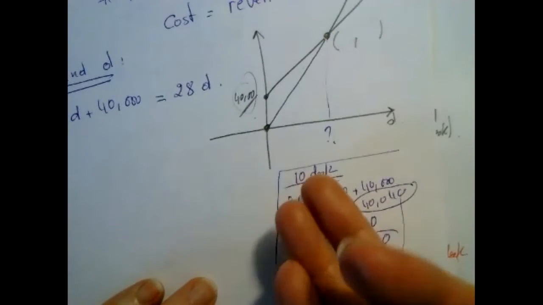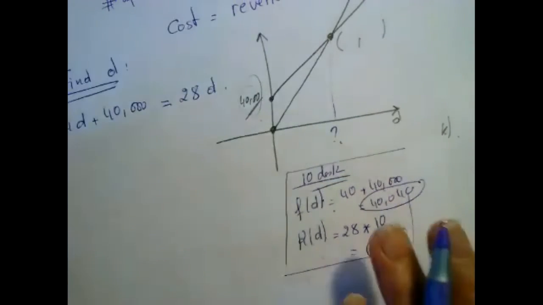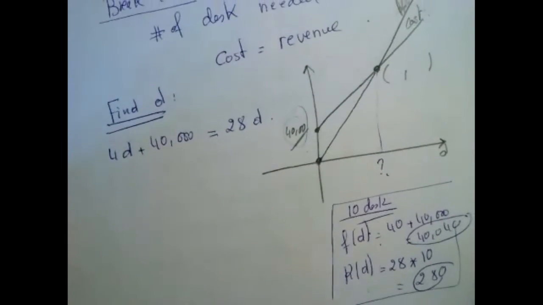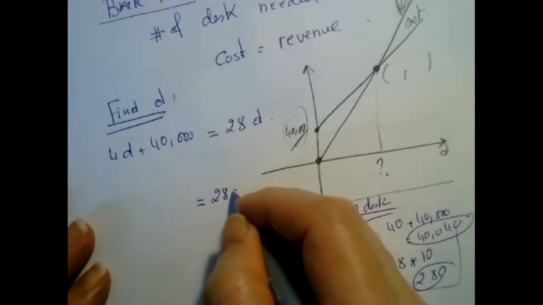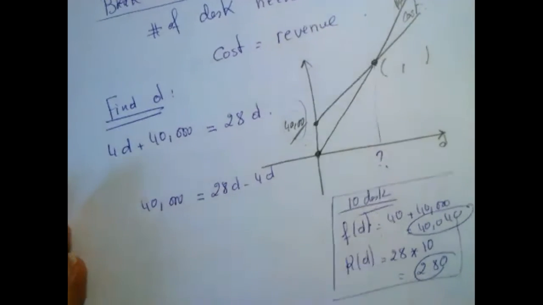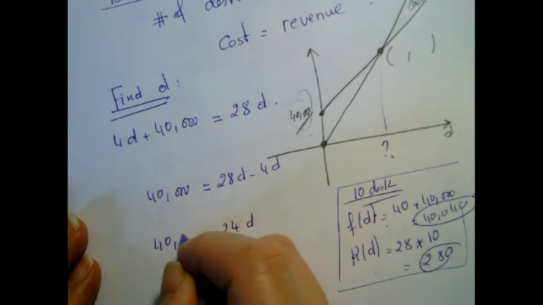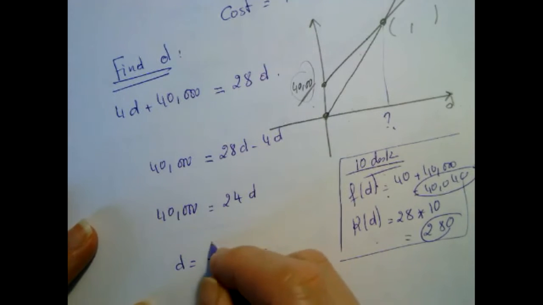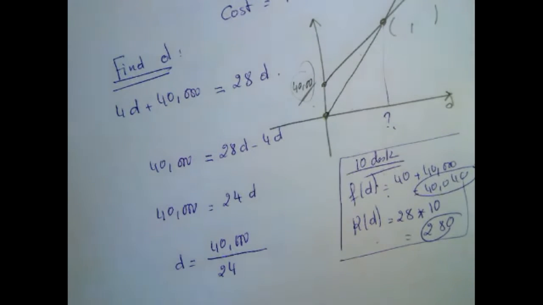So the question is, how many should I produce so that my cost and my revenue will be the same? And after that, I make money. So to solve this, we find the D so that cost equals revenue, and we solve for D. Okay, let's solve for D. I have to take away 4D from both sides. It means 24D is 40,000. It means D is 40,000 divided by 24, which will give me